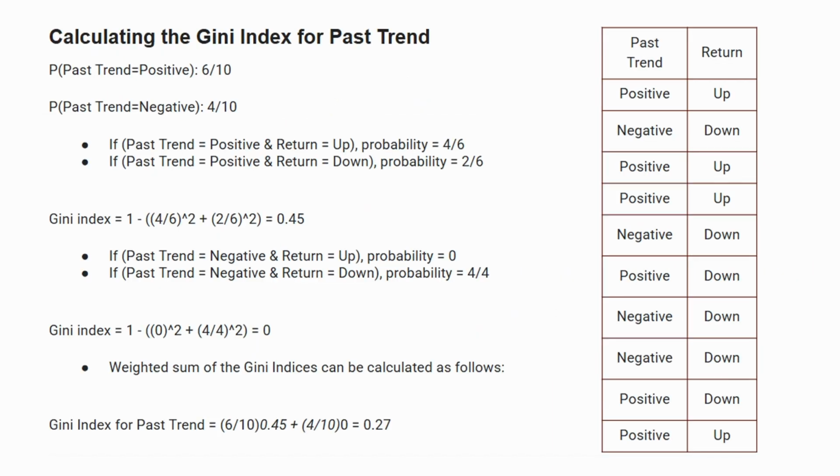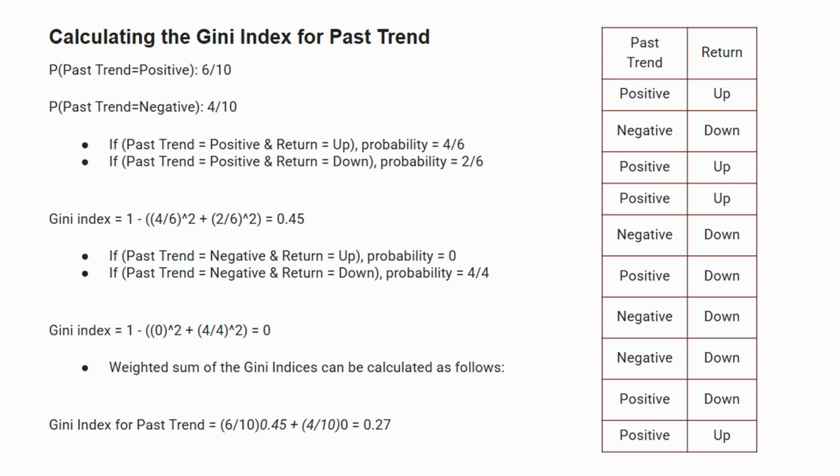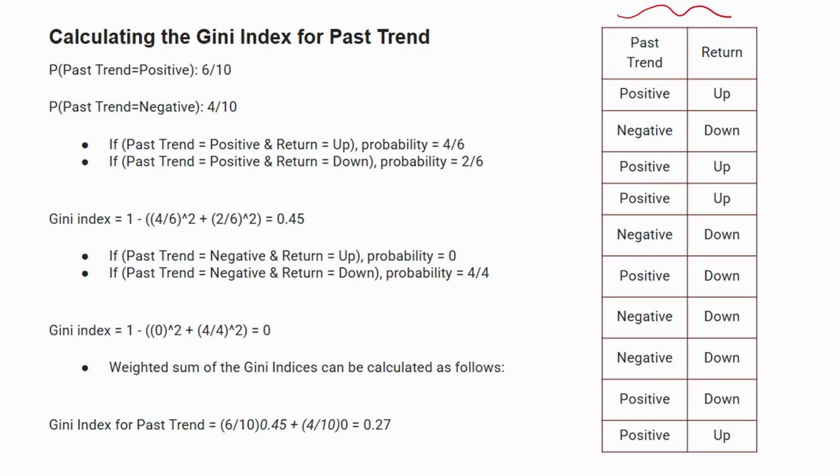Now calculating the Gini index for past trend. Here we have chosen the past trend column because we need this feature column, and this is the output we are going to get, that is the classification. So we have taken these 2 columns: the first column is for the feature and the other is for the prediction. Past trend, as we have already seen, positive is 6 by 10 and negative is 4 by 10. So now, when we consider only the past trend positive,